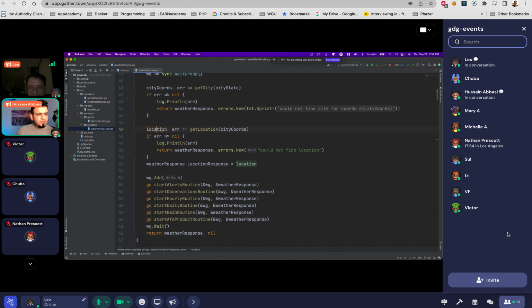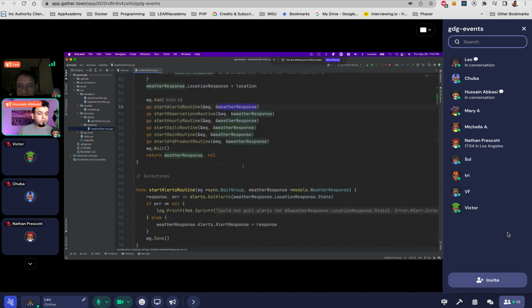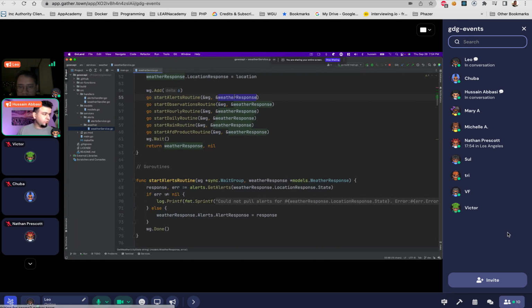So once I get the coordinates and once I get the location from the coordinates, now I'm telling the wait group that I'm about to spin up 6 concurrent processes. And what I want you to do is run them all, and I'm passing in an address. Remember when I said you couldn't return a value from a Go routine? But what you could do is pass in an address to your variable or your type, and it will just update that type without returning anything.